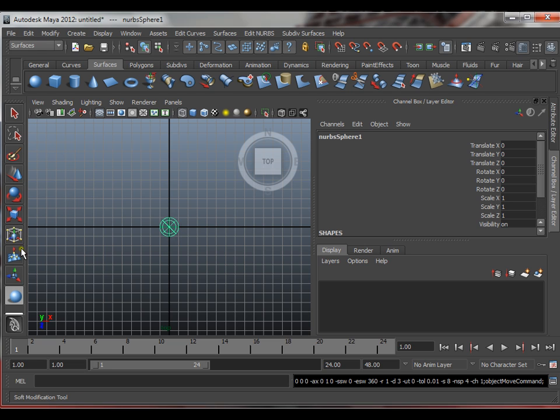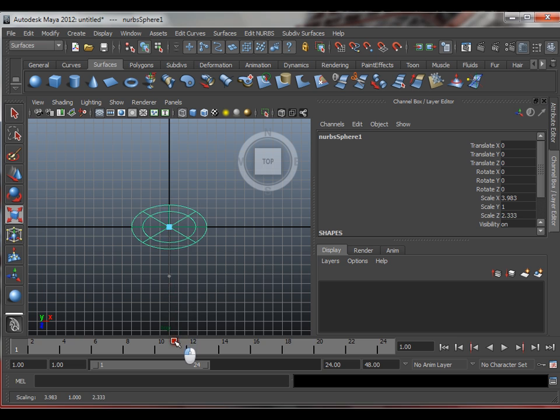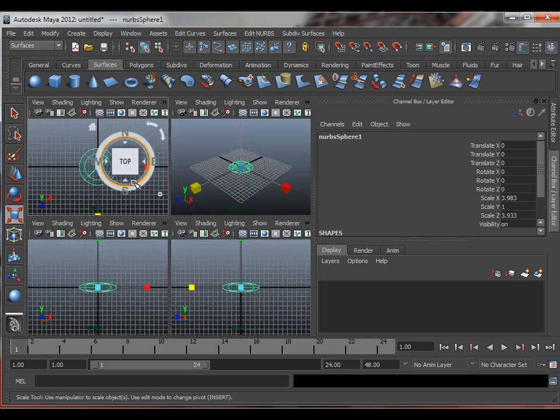you have to scale it in all three axes, and I'm going to scale it to 4 units in this grid. Here you can see this is the first unit, first, second, third, and fourth. In that way, in this axis also, I'm going to do the same thing. Okay, and also in the third axis, for that you have to press space again to switch to the 4-panel view, and go to this front view